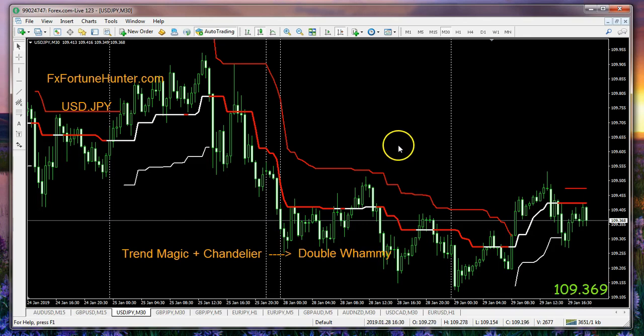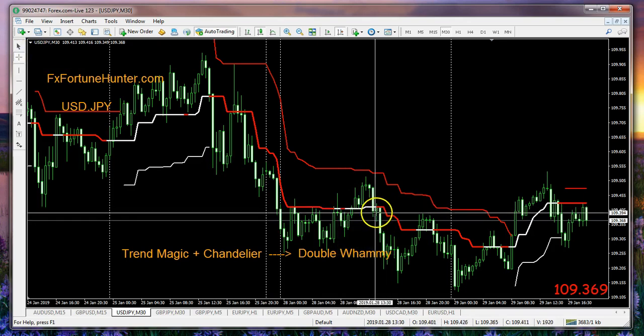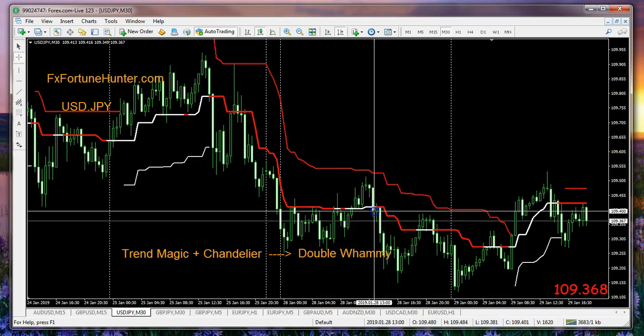So, bottom line here is that we have on our chart the Chandelier Stop, which could act as a stop for us here. If we were in a position, for example, here where we were in a down trade, this would take us out of the trade. Unlike this situation right here on this 30-minute chart swing trade, where we wouldn't be taken out of the trade, we'd see a nice candlestick formation here to the downside, a shooting star, and then we'd say, okay, we've closed below this Trend Magic line, and we had a move of 23 pips to